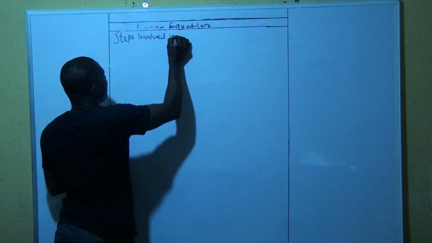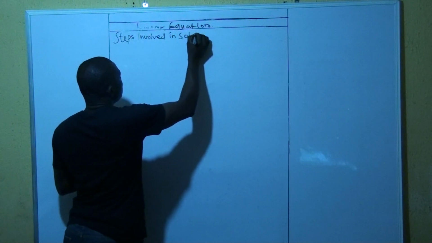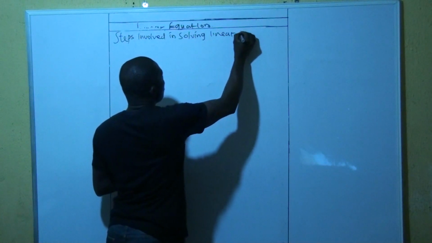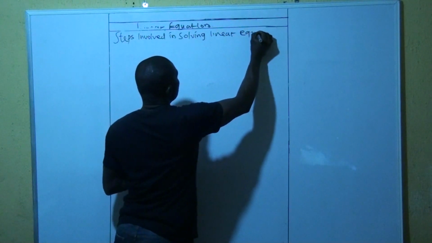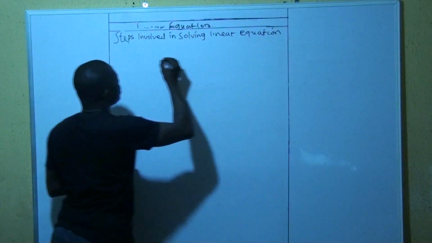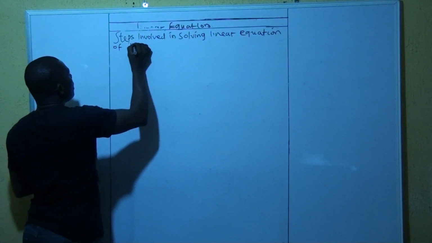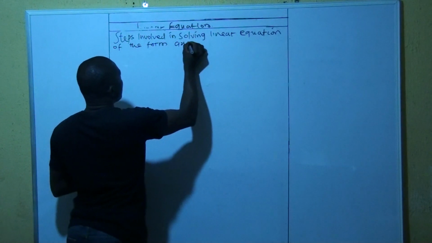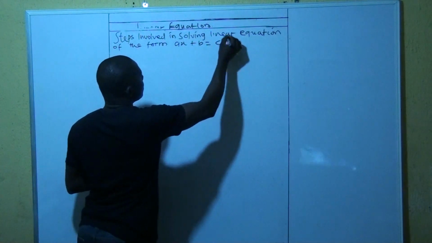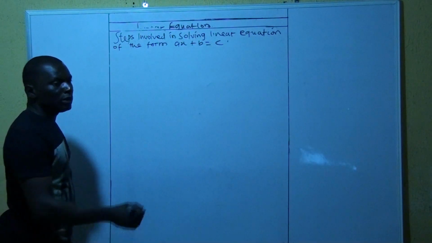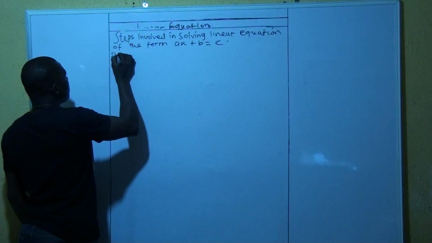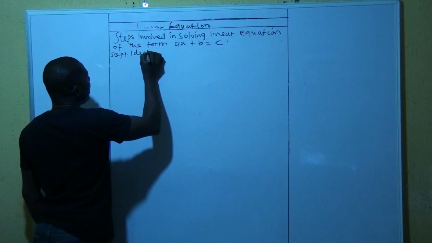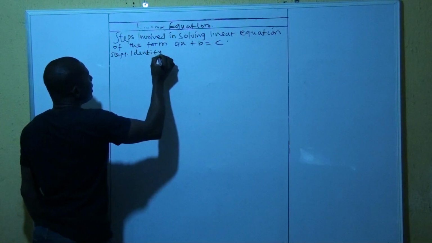Steps involved in solving linear equation of the form ax plus b is equal to c. So I'm going to put the steps one by one. Step 1: Identify